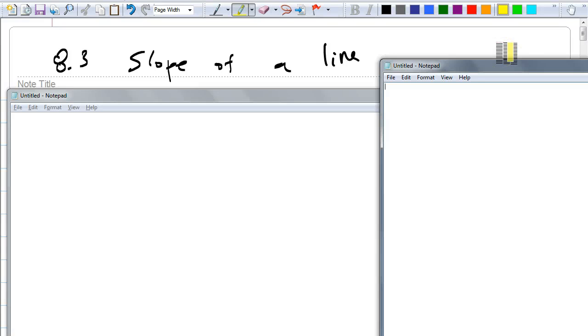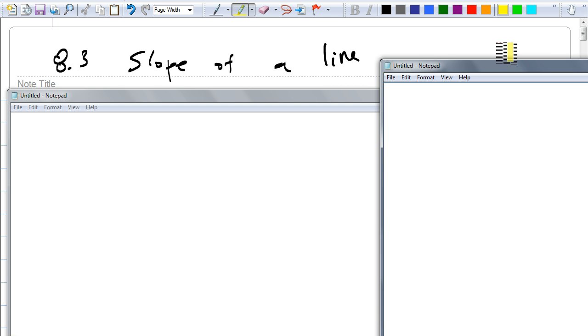Okay, slope of a line. Can somebody tell me what a slope of a line is? Yes. Rise over run? Yeah. Okay. Good. So if you want to explain to someone what a slope of a line is, it tells you how